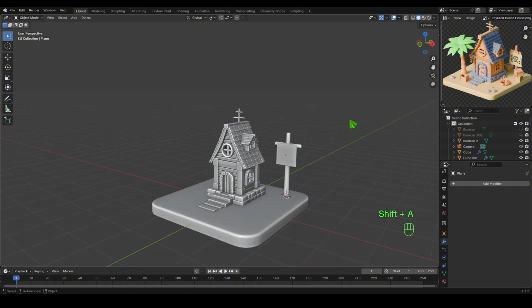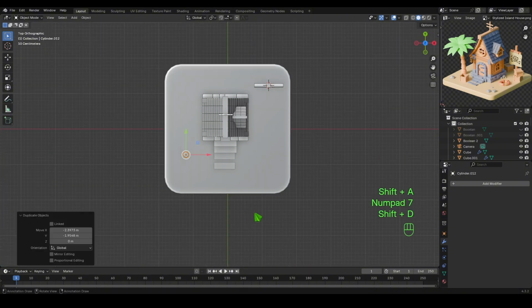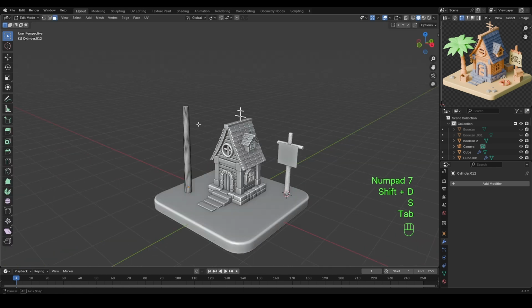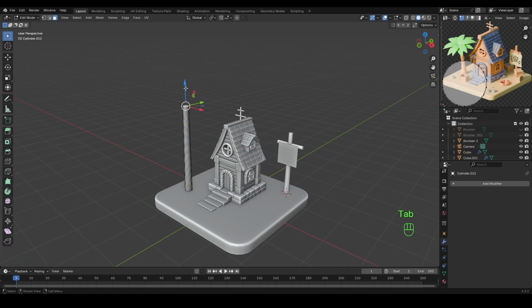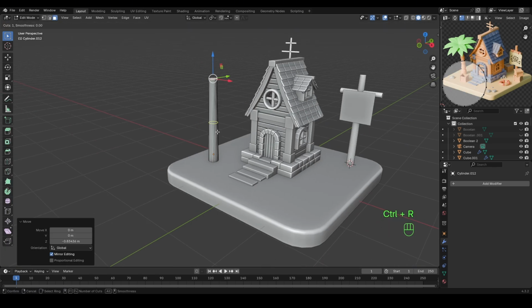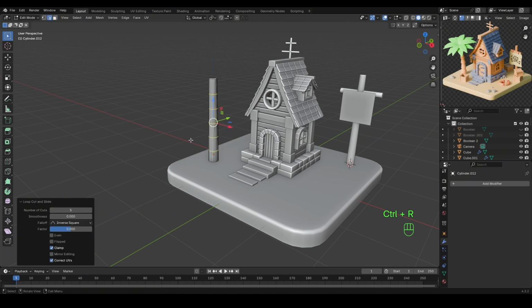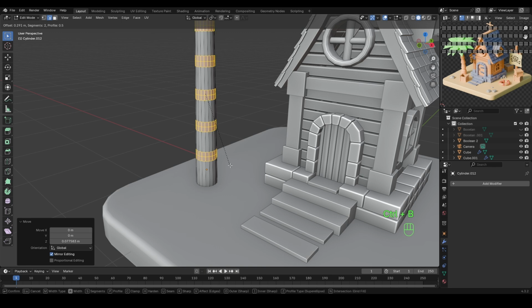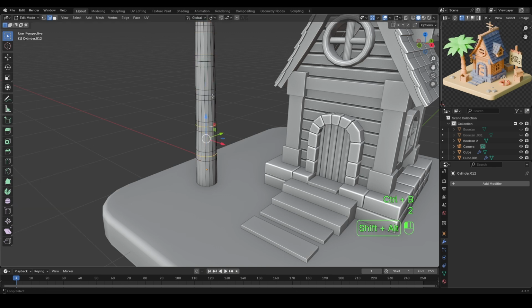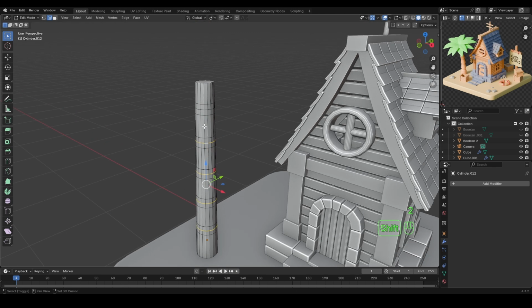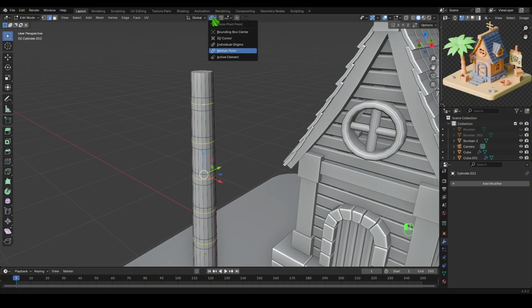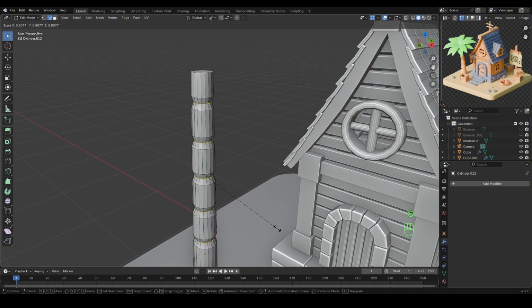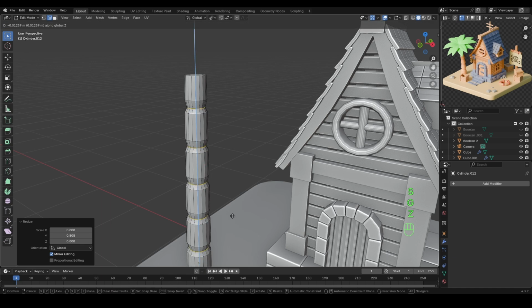Shift A. Let's select this cylinder, Shift D, and move it here, and make it bigger. And select the top face, this face, okay, and bring it down a bit, and let's give maybe 5 loop cuts. And let's scale, bevel and give 1 loop cut inside. And now let's select them all, these parts. And change this to individual origins and S to scale it down a bit, and G to move it down,